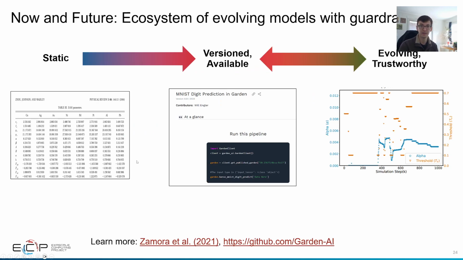are treated as evolving and uncertain objects, that will hopefully move the community more from the idea that once a model based on data is created, it should remain static for the sakes of scientific reproducibility, to something that can be treated as a versioned object that's always available for being changed, and then integrated into an application that is aware that this machine learning model is not always trustworthy and that it can change over time. And one way we've explored doing that is to use controllers to help ensure that that machine learning